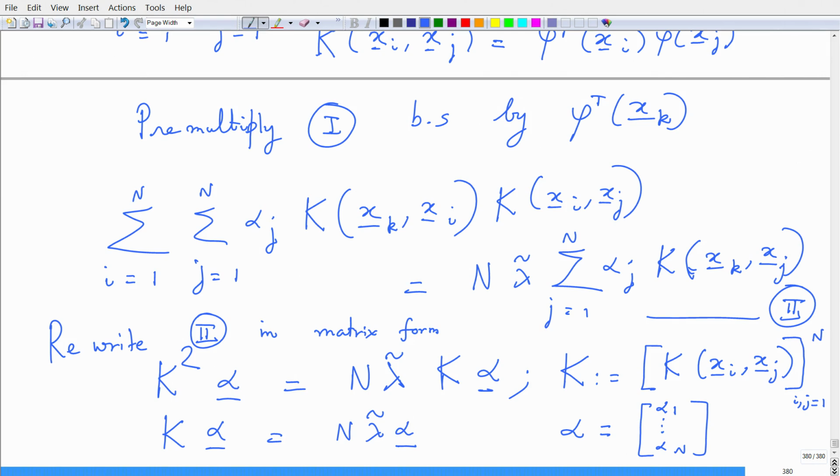So, this is my simplified eigenvalue equation that is realized in terms of the kernel matrix or the Gram matrix capital K and the number of data samples, which is capital N. So, alpha is my eigenvector, and lambda tilde are my eigenvalues of my Gram matrix or the kernel matrix capital K,